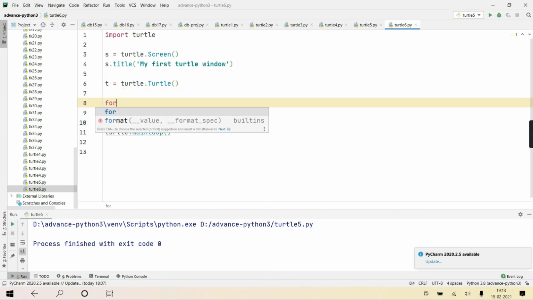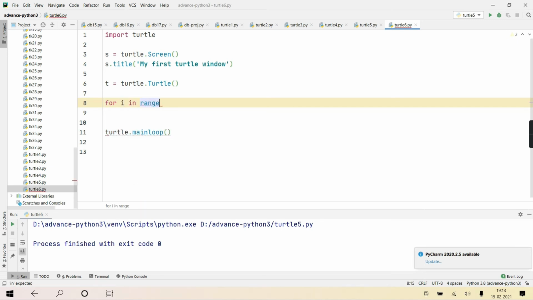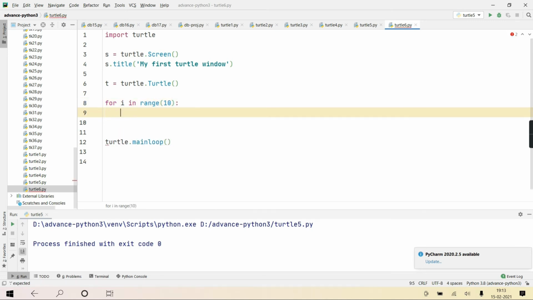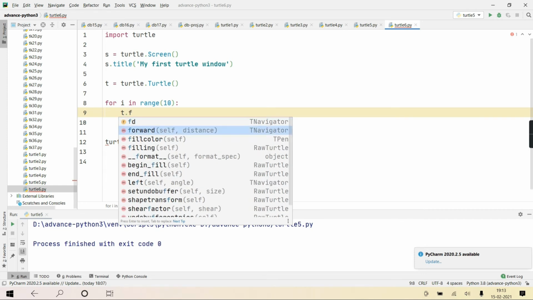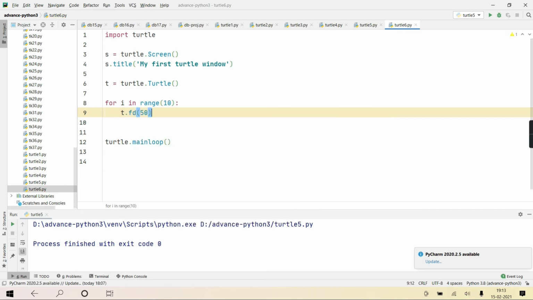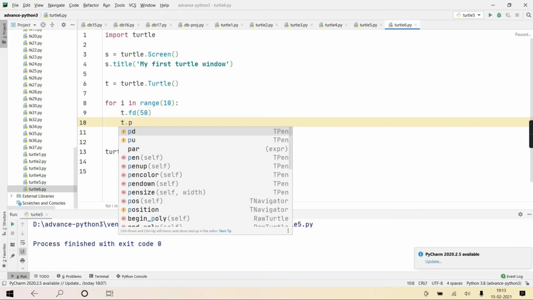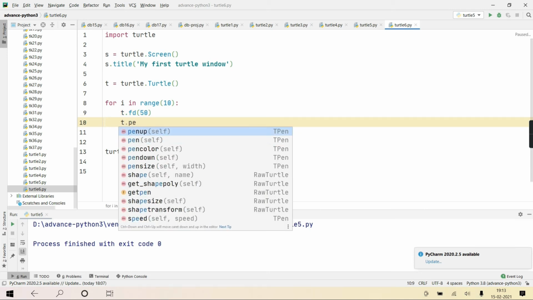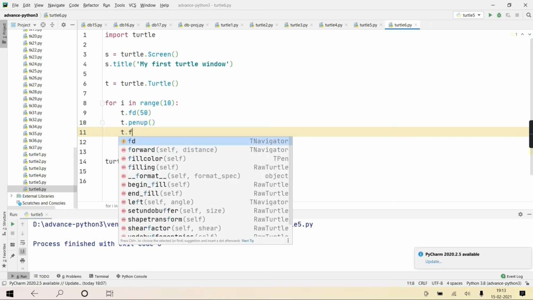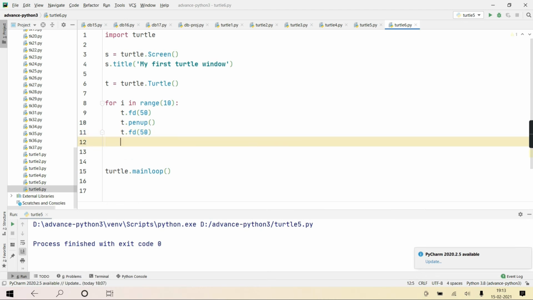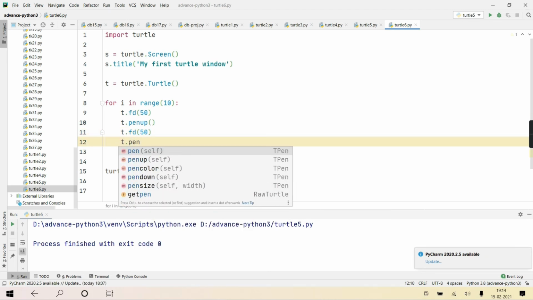Quickly, I'll just tell you one example. Like suppose I'm writing for i in range 10 times, suppose. Then I'm writing t dot forward 50, t dot pen up, then t dot forward 50 and t dot pen down.